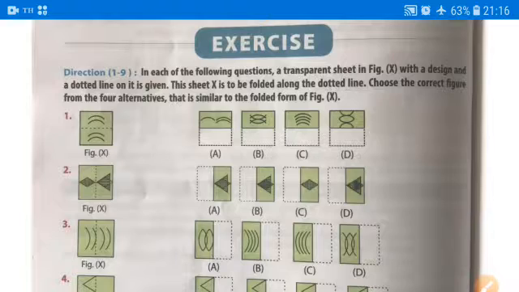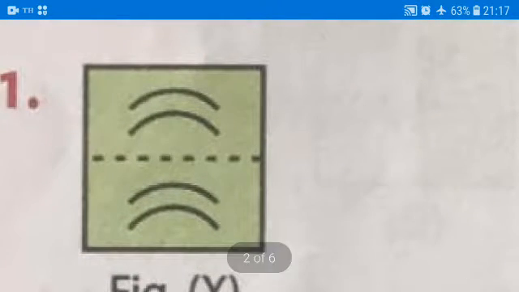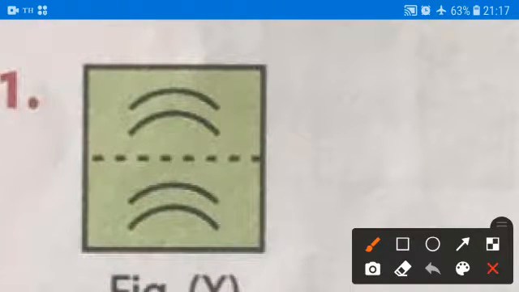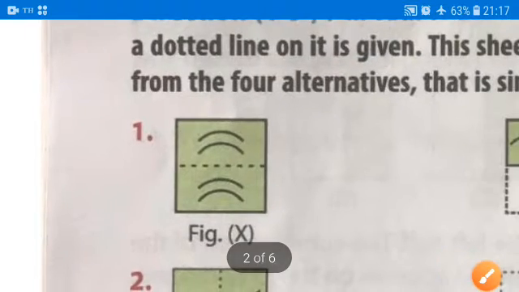So what is given is that this figure will be folded along this dotted line like this. So if we fold, which kind of figure will we get? We have to find out.